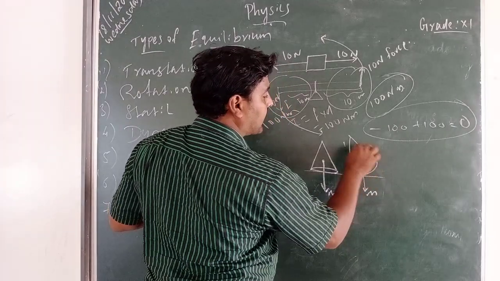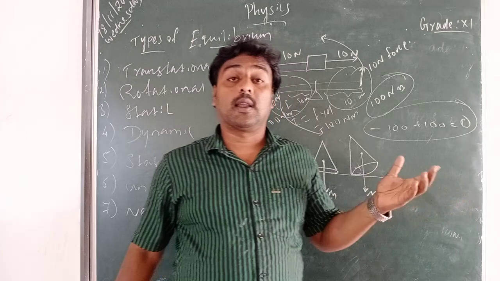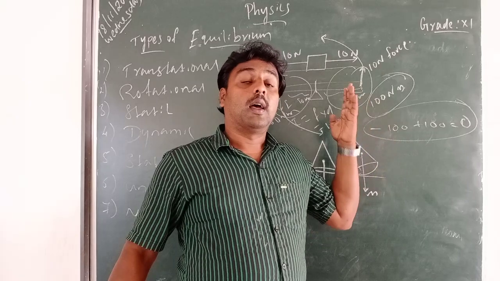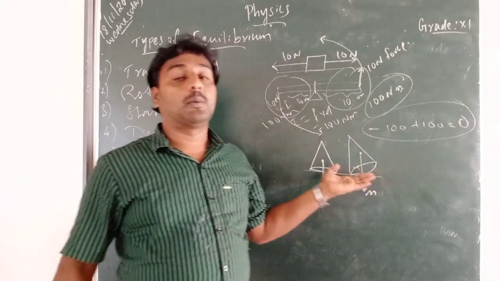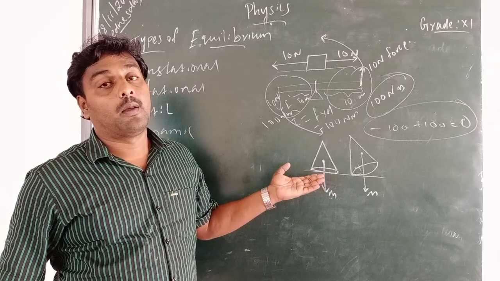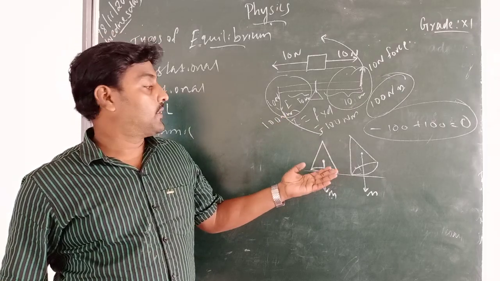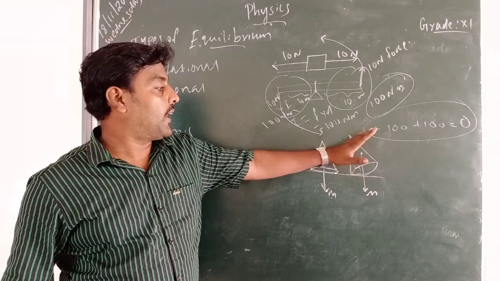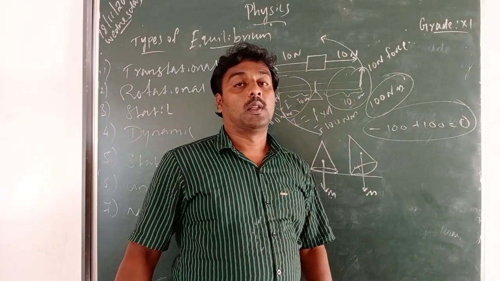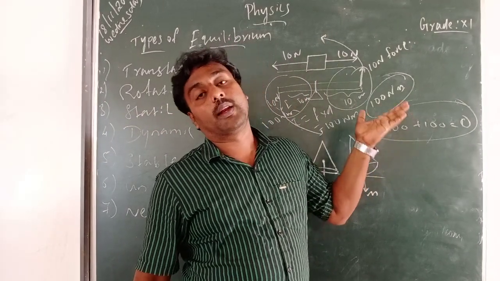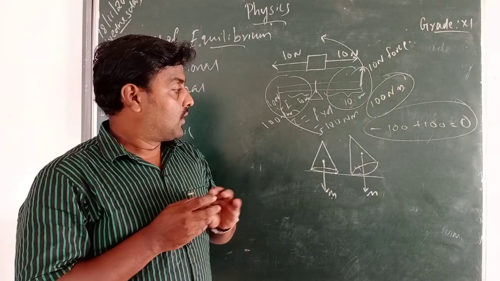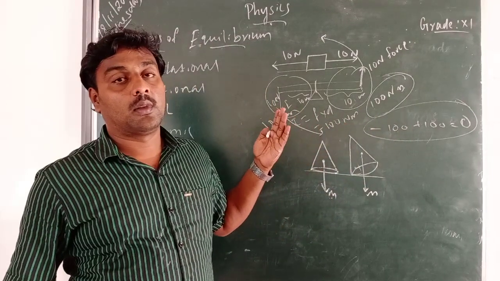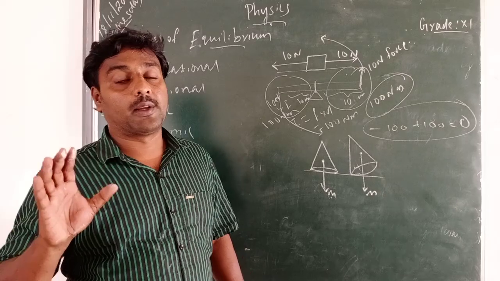Now what will happen to the center of mass? The center of mass becomes slightly higher if you disturb it from the original position. What happens to the potential energy? In this state the potential energy is lower than when it is lifted higher. So potential energy increases when it is slightly displaced, or potential energy is higher if it is disturbed. That is what we call stable equilibrium.